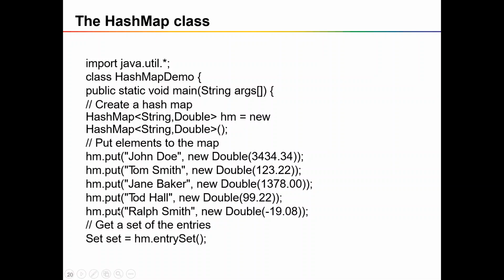In iterating the hash map, there is a slight variation. With list and set, you can directly use the iterator, because list and set hold a single value, so you can directly iterate it. But in hash map or any map classes, you will have a pair of data. So for iterating a pair of data, first you have to convert your entire hash map into a set before applying the iterator. For the given hash map, we are creating a set with the help of the entrySet method. This gives you the set representation of your hash map.